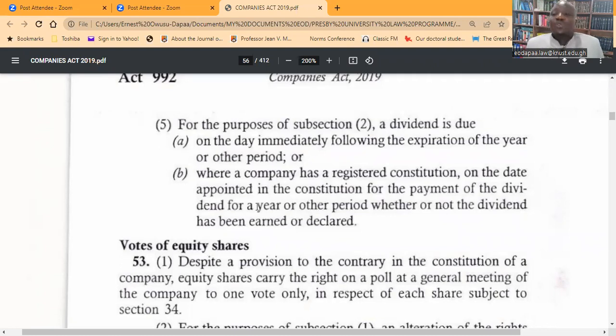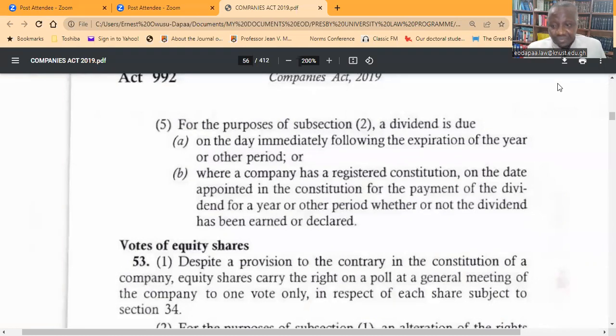And that is why 52.5 is saying that for purposes of subsection 2, a dividend is due (a) on the day immediately following the expiration of the year or the other period. So if you are a preference shareholder with respect to dividends, at the end of the financial year of the company, the first day after that, you are owed by the company. After the specified period, which is usually the financial year, the day afterwards, they are supposed to pay you. Or